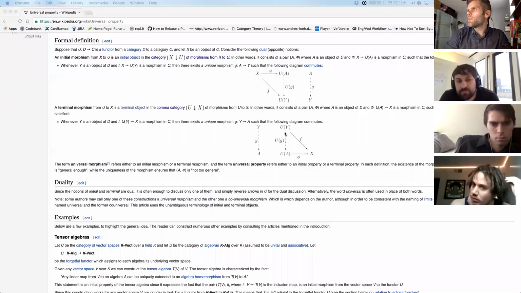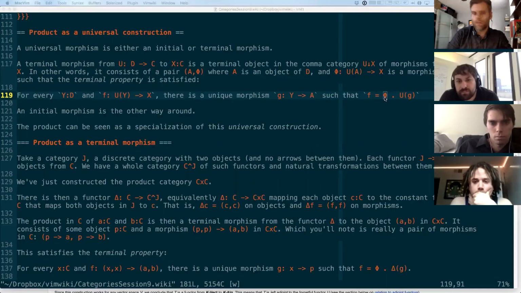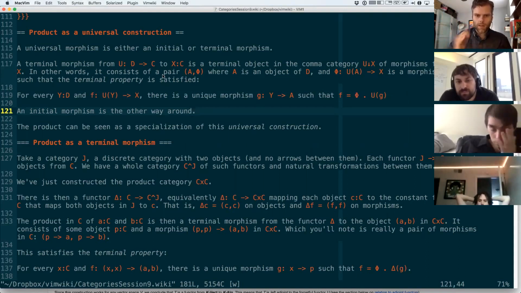No, sorry. It's just a factor. Right? It's just a factor, and phi is going to be prime in the sense that it doesn't factorize further. Okay, and then an initial morphism is the other way around, where we basically reverse all the arrows. We have the same kind of structure except all the arrows go the other way,